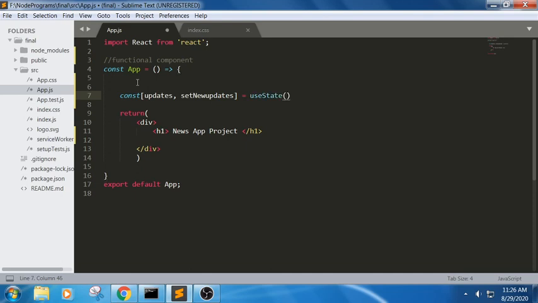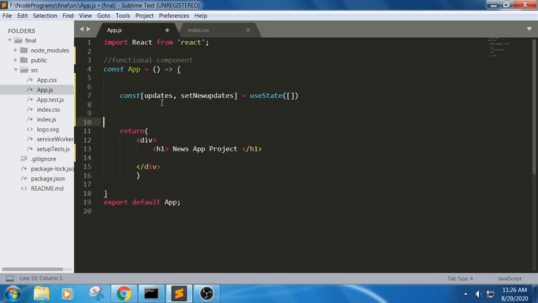If you are aware of the concept of useState, you will understand what we are writing. First is the name of the state, and next is the function, and we use useState here. Here the useState is empty, and the function is setNewUpdates.